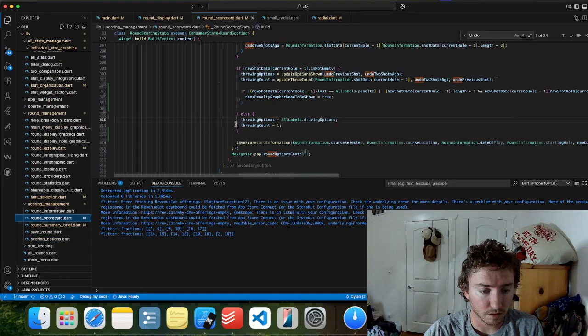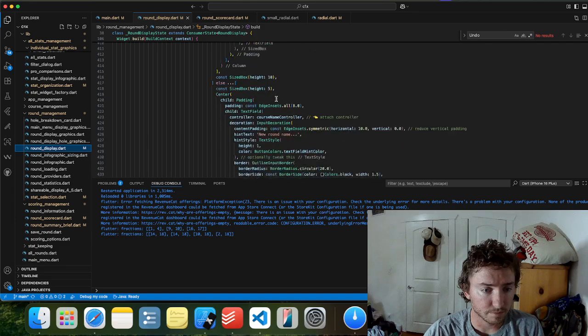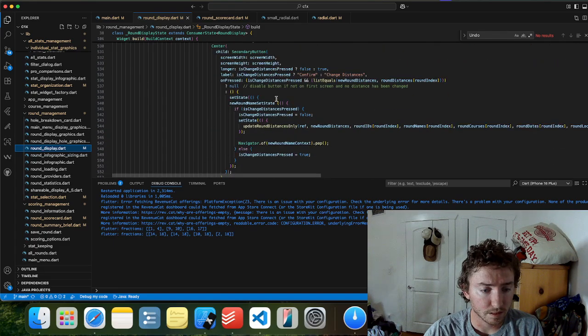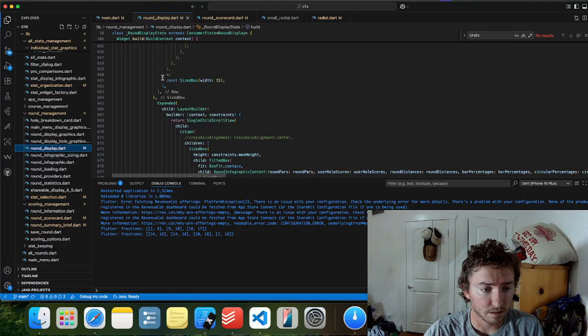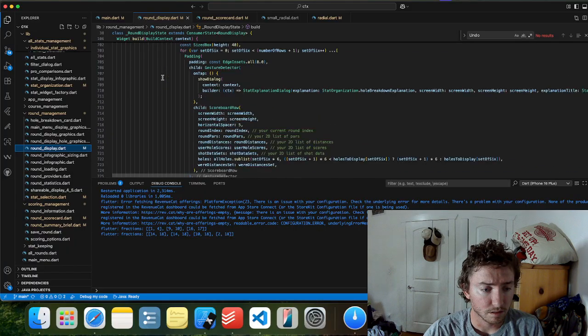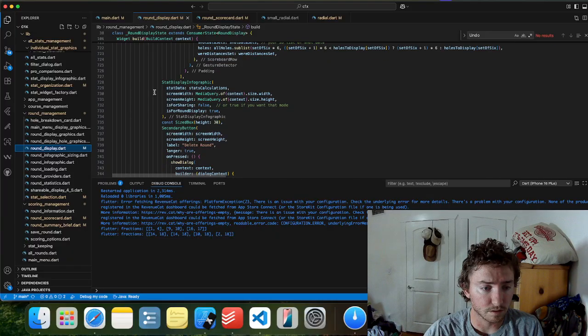Round scorecard, no, not scorecard, round display. Rotate around distances, icon. Stat explanation dialog, scoreboard row. Stat display infographic.